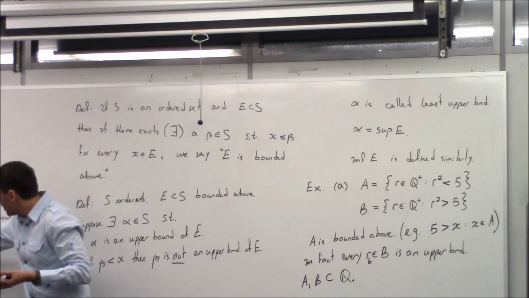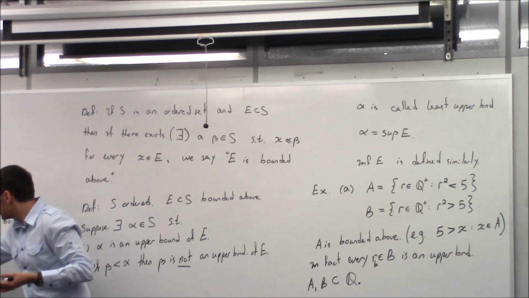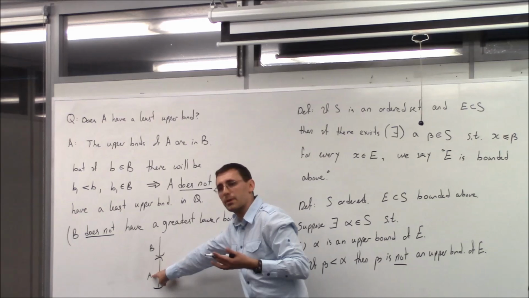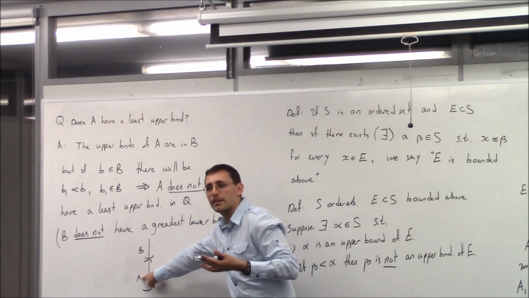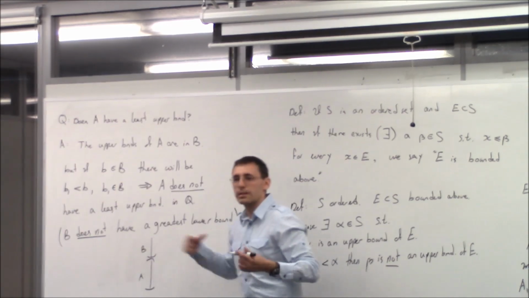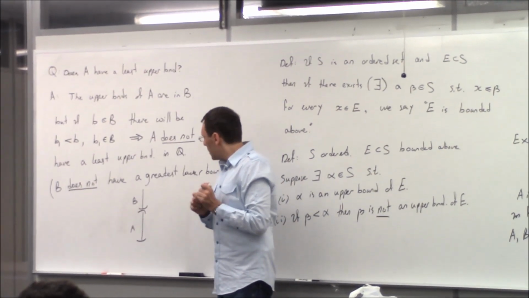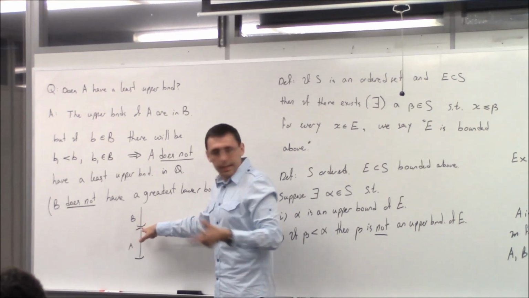Now, B does not have a smallest element, which means that there is no least upper bound for A. Okay? It would have been here, so to speak, but there's no such thing as here. There is a notion of a hole, I think. But I cannot point to it.